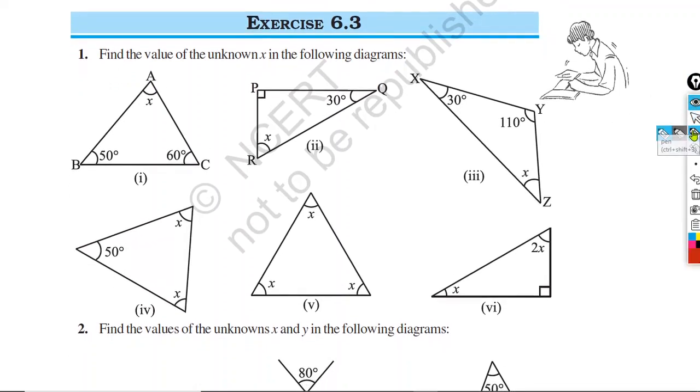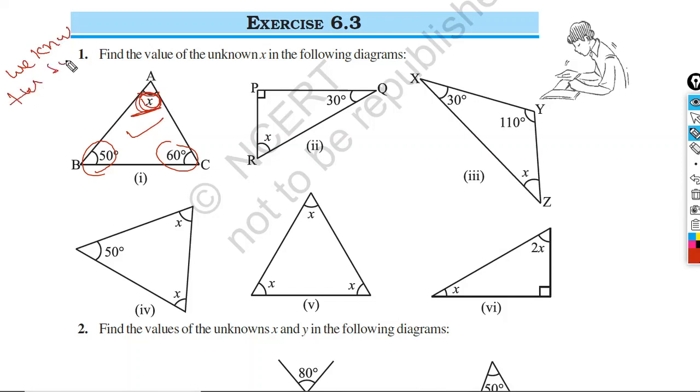Let's try it out. Here you see, find the value of unknown x in the following diagram. Okay, we'll try one by one. First look at it. Here you can see 50 degree, 60 degree and angle is x. We have to find the value of x. We know